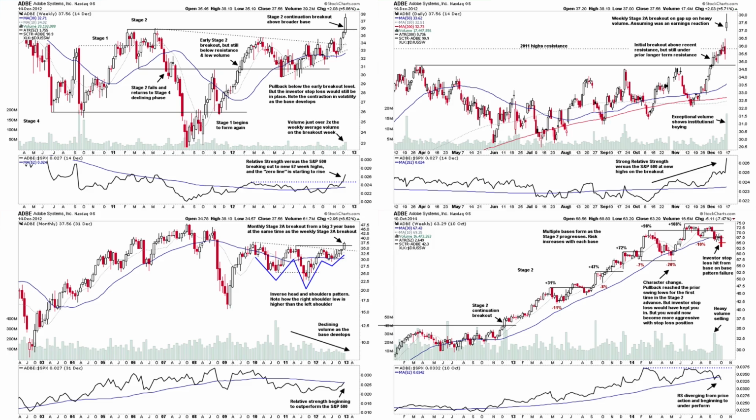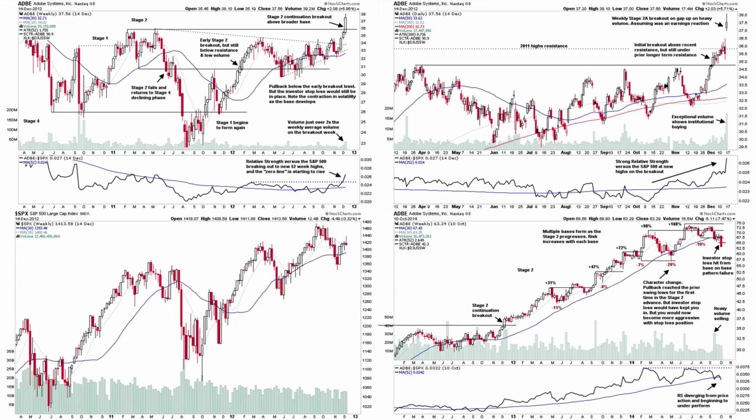So another thing that we look for is how its relative strength compares to the S&P 500, but we obviously need to compare against the market itself. If we look back at the S&P 500 from late 2012, you can see that the market itself was in an uptrend. So we call this a stage 2 advance. It was just potentially showing signs of stage 3, but with a bit of a choppy stage 2 advance,